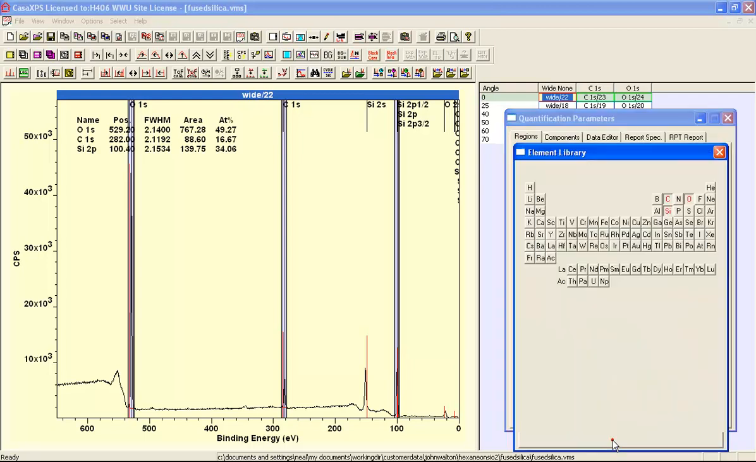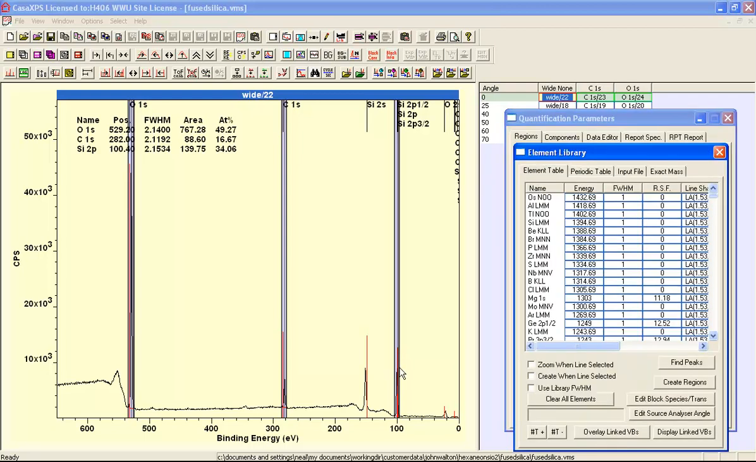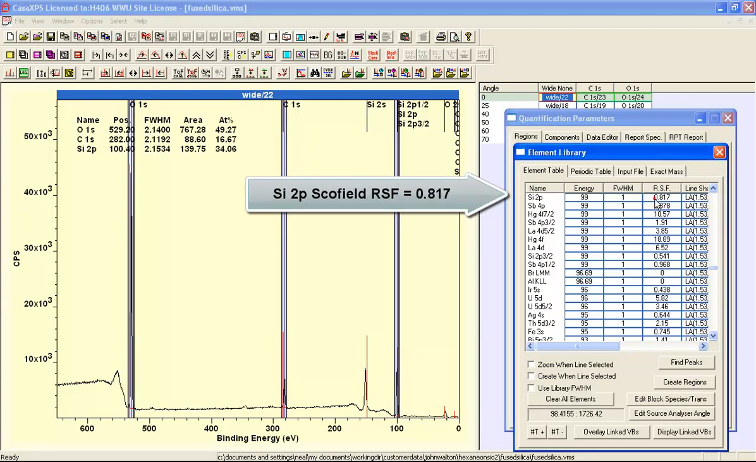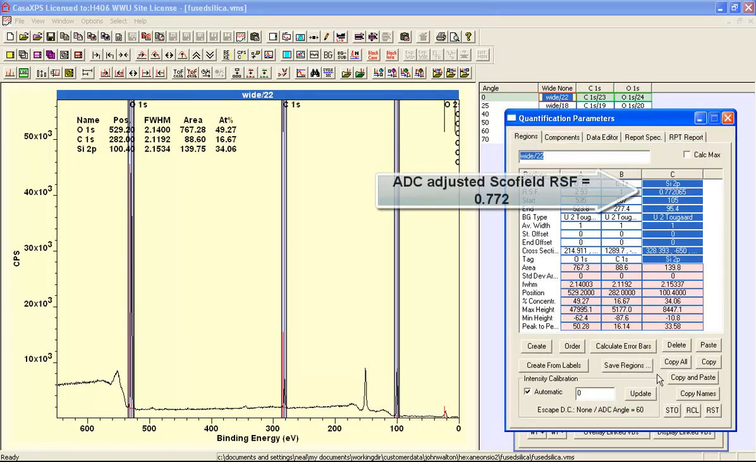And if we look at the element library and click on the silicon 2p, we can see that the silicon 2p here has a relative sensitivity factor of 0.817. And the fact that we've got an angular distribution correction active means that the relative sensitivity factor that has been brought in from the element library has been corrected to allow for the differences in intensity due to the X-ray source and the analyzer being at an angle of 60 degrees rather than the magic angle for which no